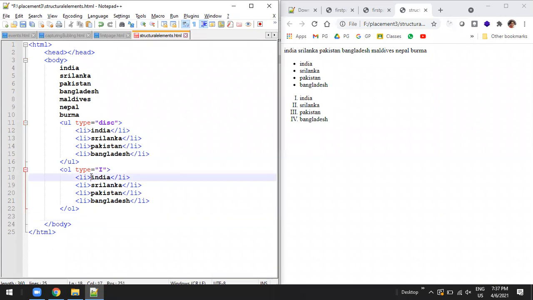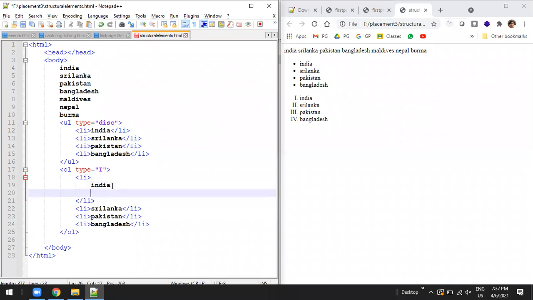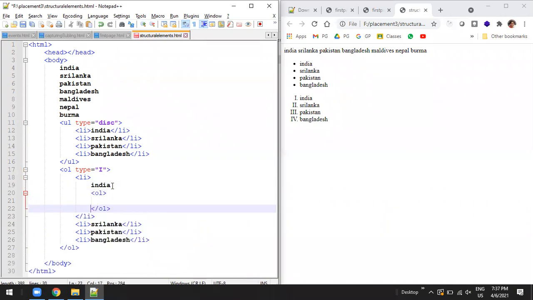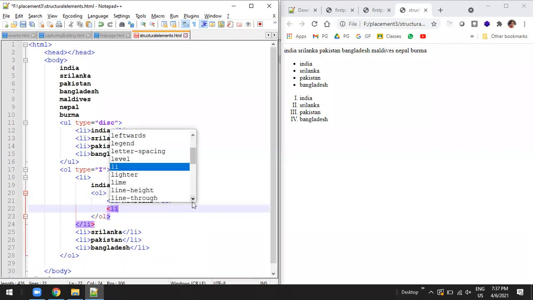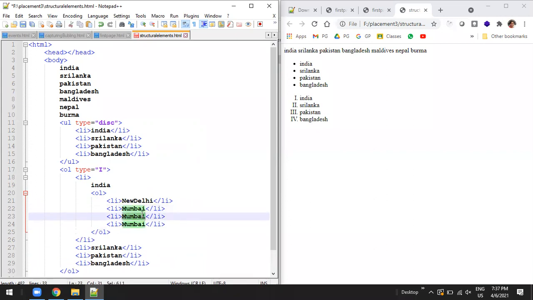Inside this li, again I have to create an ordered list with li called New Delhi, li Mumbai, Kolkata, Chennai.